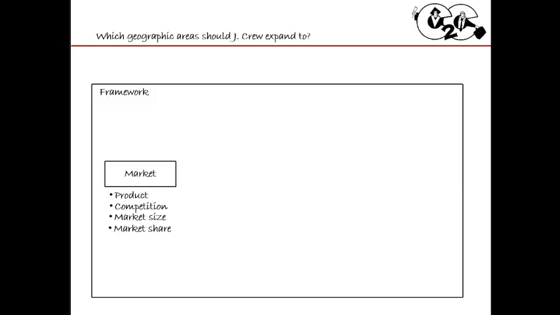Okay. So again, with this type of case, let's look back to the core of what I had just talked about. Growth, profitability, and efficiency. With this one, which geographic area should J.Crew expand to? It's really about growth and profitability. Efficiency doesn't really seem to be that big of a player in this type of prompt. And also, because we're looking at profitability, I want to look at revenues first. So in revenue, what would make sense to look at? Well, I want to know what are the potential revenues from these geographic areas.